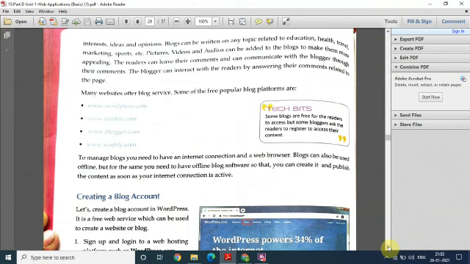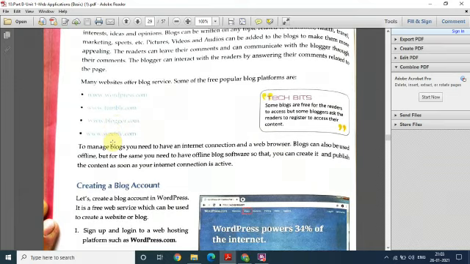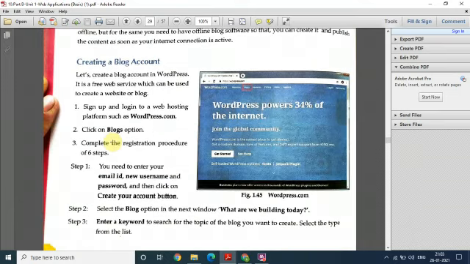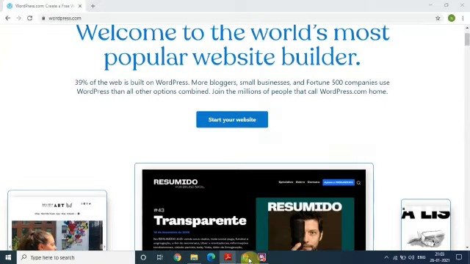Fine. So first of all, we have to be very clear about the different websites like WordPress.com, Tumblr.com, Blogger, Weebly. Okay. So before creating a blog, that means before posting something on your blog, you need to have a blog account. Okay. So to create a blog account, you can go for any of these websites. For example, here WordPress.com is taken. Fine. So for WordPress, I have opened this page for you. This is the URL for WordPress.com.